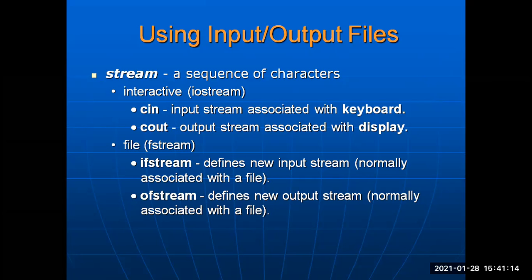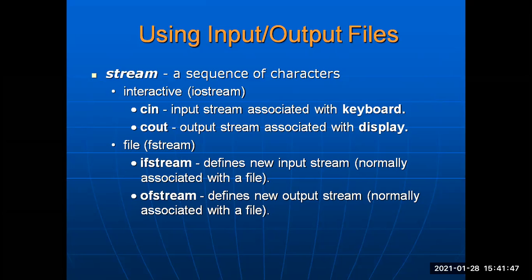Basically cin and cout are the objects of the istream and ostream classes. cin represents the input stream, cout represents the output stream, right? So these are associated with the input output devices, keyboard and display. That means cin is the input stream, so the program will take the data from the keyboard, and cout means it is an output stream, so this stream is connected to the display device. cin is connected to the keyboard here, right?